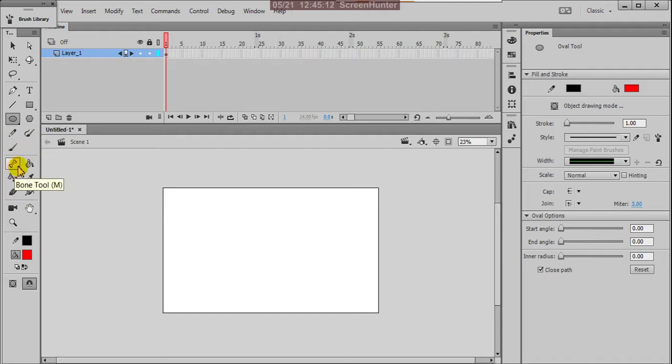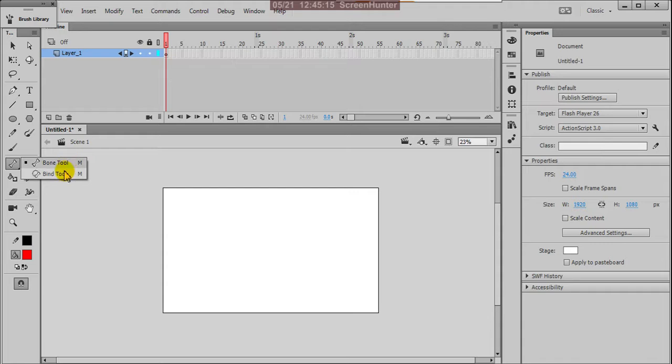And here there is a bone tool, and then again the bind tool is also there. Actually, in the previous versions, these bone and bind tools were not there. These tools are for animation purposes, but we can only do a few things with the bone tool, not realistic animations. Very static things and very easy kinds of action, so we operate with this bone tool. I'll explain later about this.